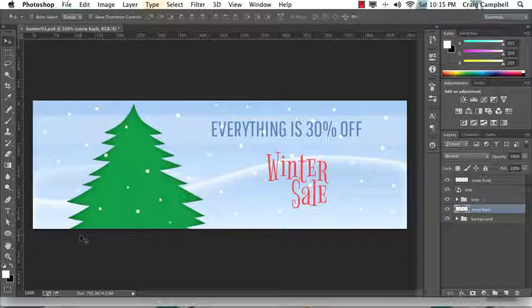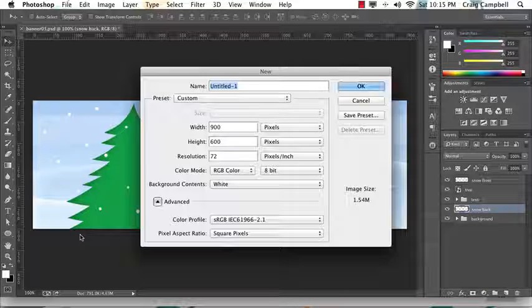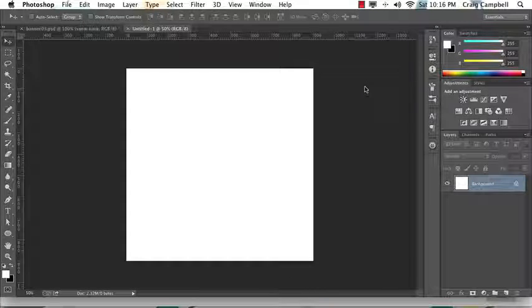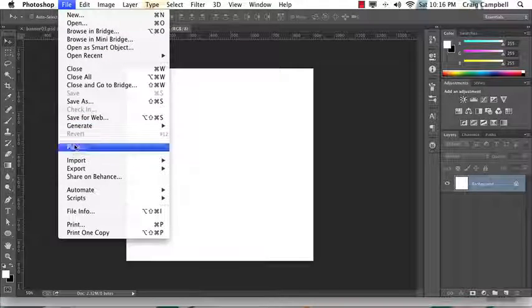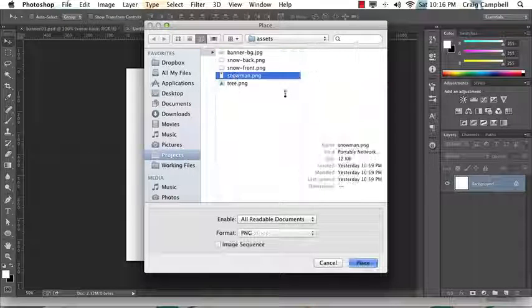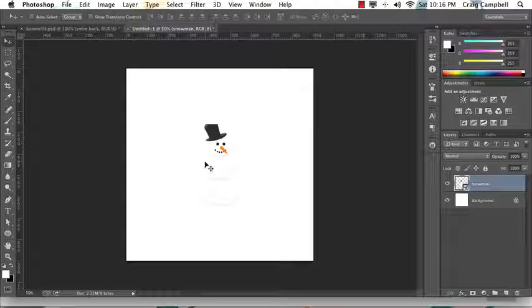The way I want to do this is to put the snowman and the evergreen tree in the same image. So let's pull these items into a new image. Let's create a new image, and for now we'll make it 900 by 900, so we have enough room to work with. I'm going to explain what we're doing here. I'm going to go to the File menu and click on Place, and we'll grab the snowman image, hit Enter for now, and then we'll also do it again